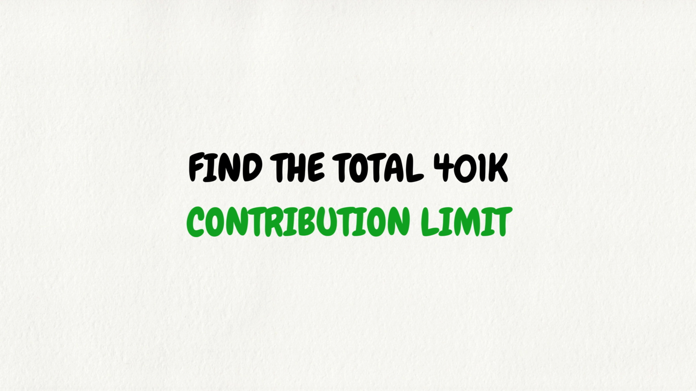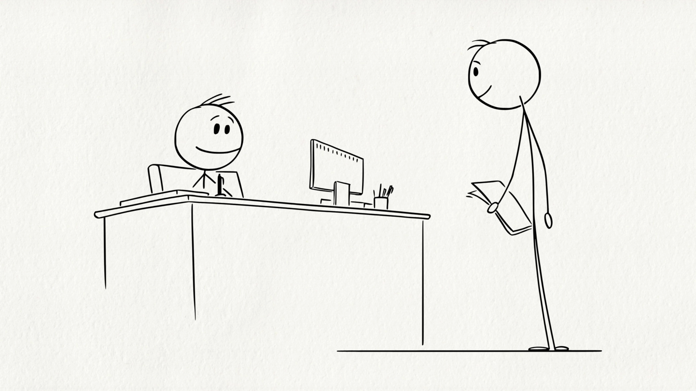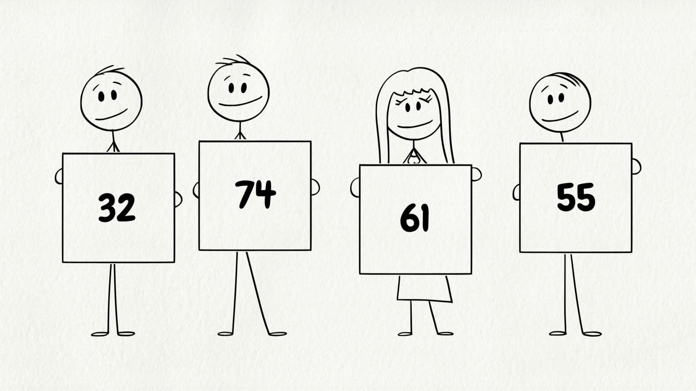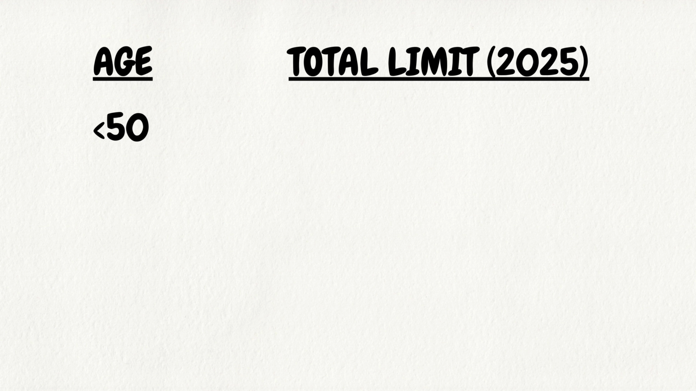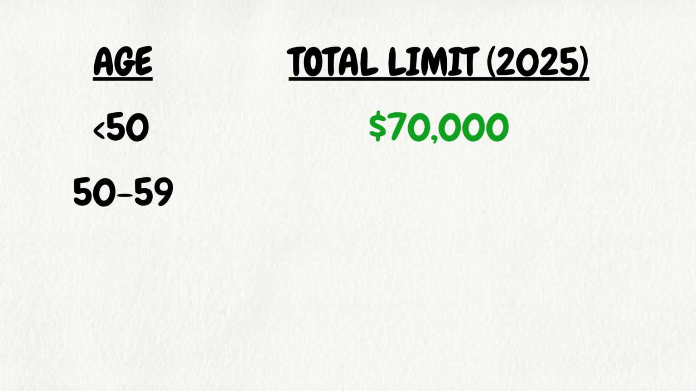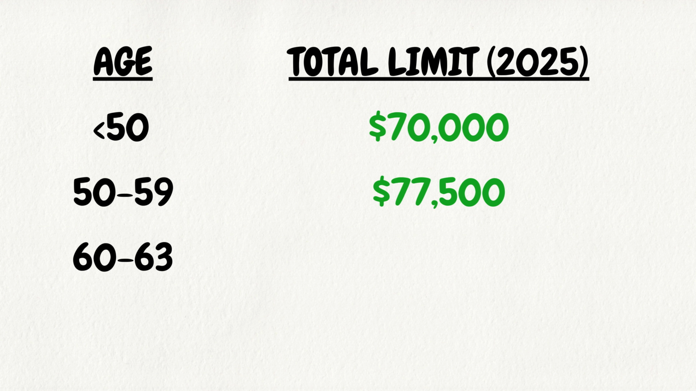Step 1. Find the total 401k contribution limit. This is the total contribution limit that the government sets each year. This limit varies depending on your age. For 2025, if you're under the age of 50, the total contribution limit is $70,000. If you're between 50 and 59, the limit is $77,500. If you're between the ages of 60 to 63, the limit is $81,250. And if you're over the age of 64, the limit is